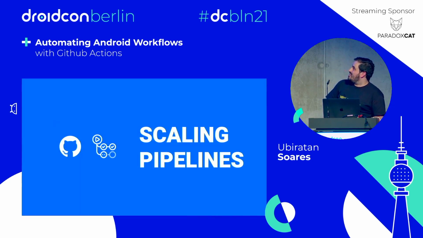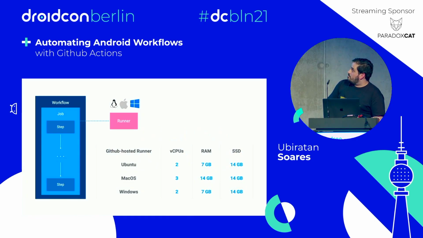No. Before going for beers, let's talk a bit about scaling pipelines, right? This is an interesting topic because we know that Android projects can be big, right? They can grow a lot and so on, and eventually the pipeline is an issue. Particularly, let's focus here on the runner machines provided by GitHub. Let's say you have an open source project, or let's say that you want to pay GitHub to use the hardware, the virtual hardware, sorry,